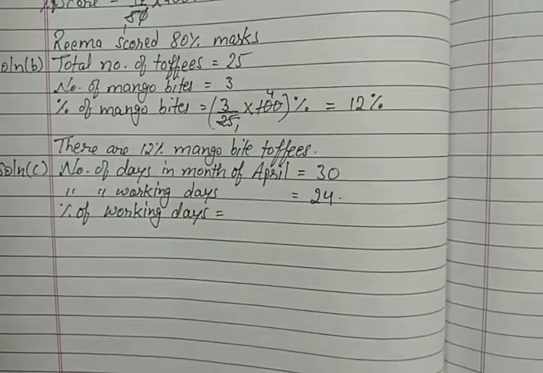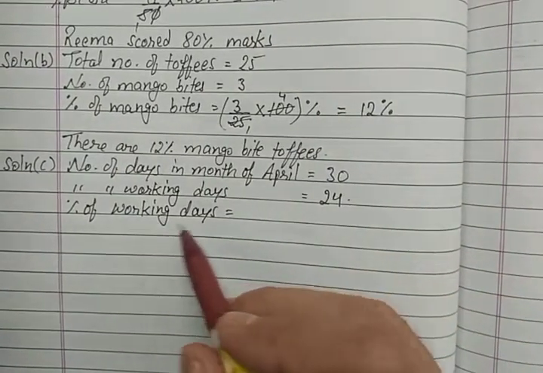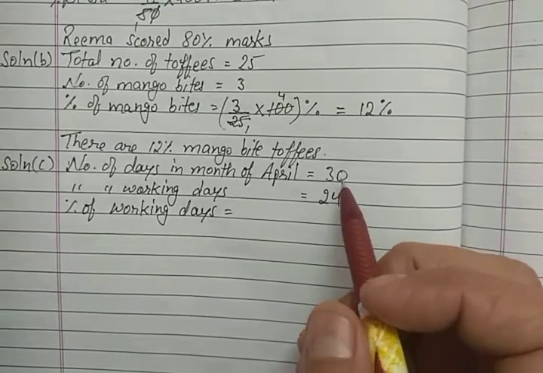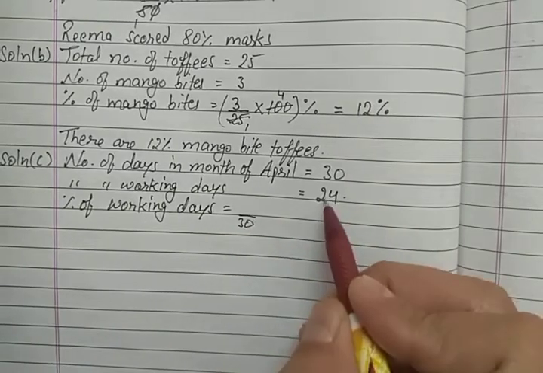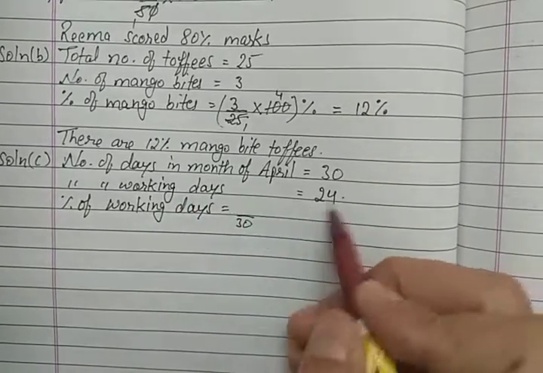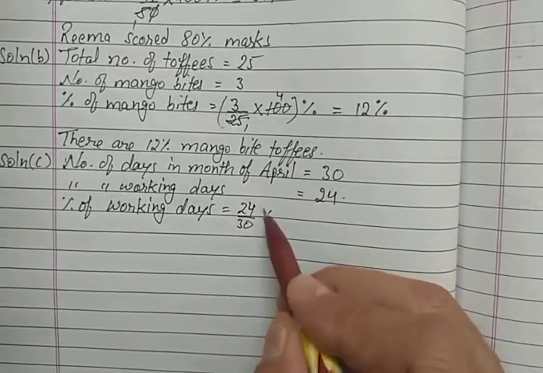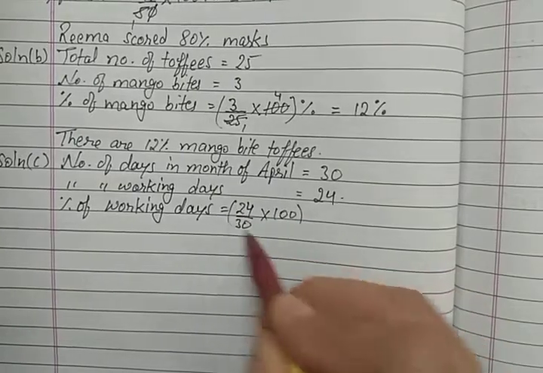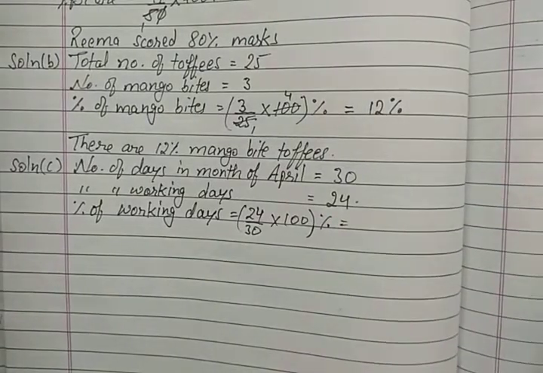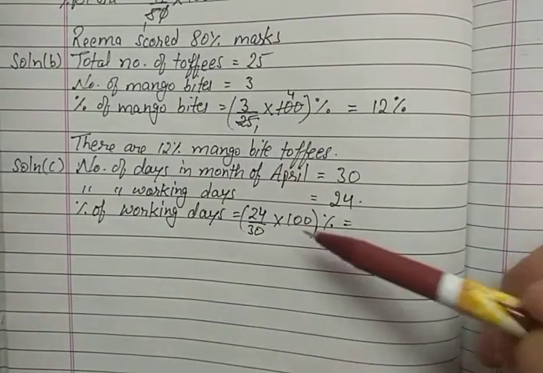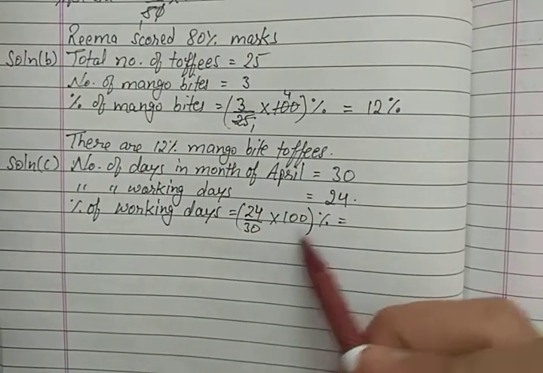So first of all write it down in fraction. So how will we write it in fraction? Number of working days upon total number of days. Where do we write the total? In the denominator. And the one whose percentage we have to find, that is working days. How many working days? 24. And you know, to find the percentage we have to multiply it by 100 and percent sign. In the previous video we have already discussed how this 100% comes. Now solve it.